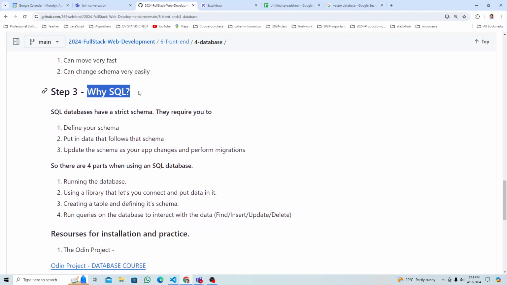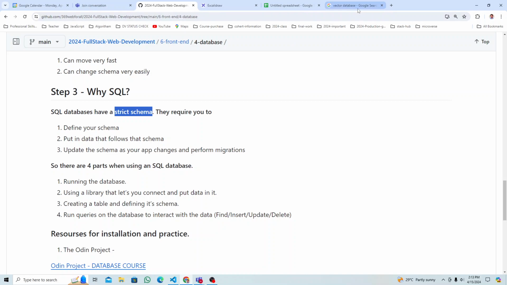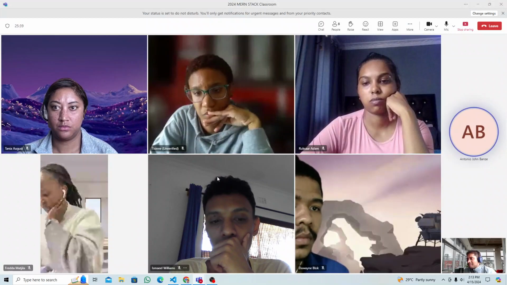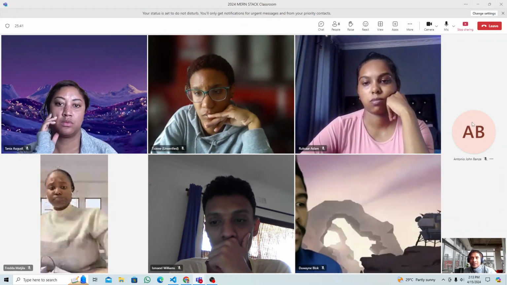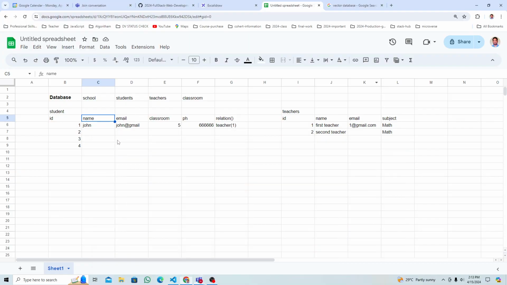So why should we select SQL now, right? Step 3. SQL databases have a strict schema, right? So when we are creating a database, then a table, right? When you're creating a table, you have to define all this in advance, right? You have to define everything. Once you define that, right,